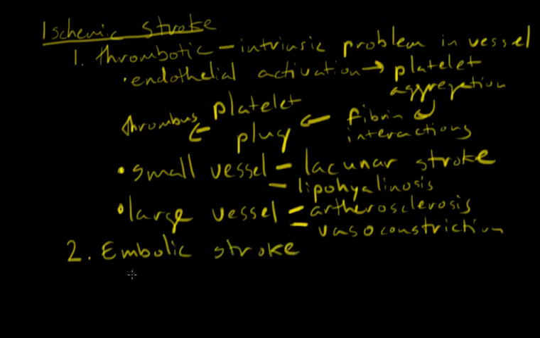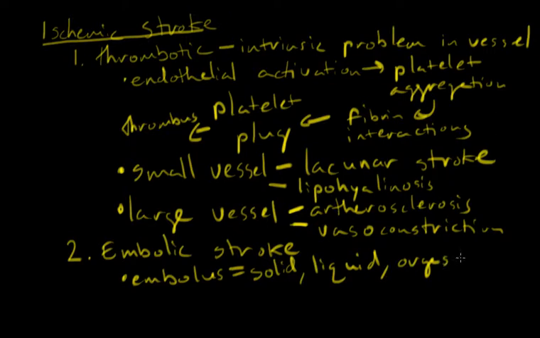So that's thrombotic stroke. And the other type of ischemic stroke that we see relatively often is embolic stroke. So here you have the formation of an embolus. An embolus is any solid, liquid, or gas that's not blood, obviously, that travels